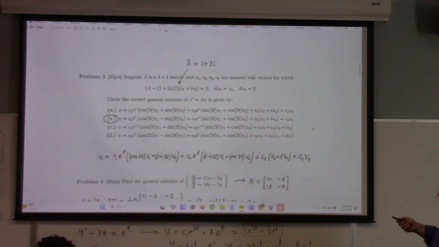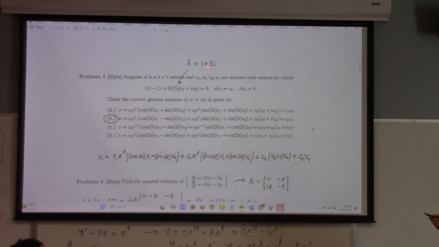This one here, what's going on is we've got a complex eigenvector with eigenvalue 1 plus 3i. And then over here, we've got a generalized eigenvector of order 2: v4 is an eigenvector with eigenvalue 0, but v3 is a generalized eigenvector of order 2, again with eigenvalue 0. So